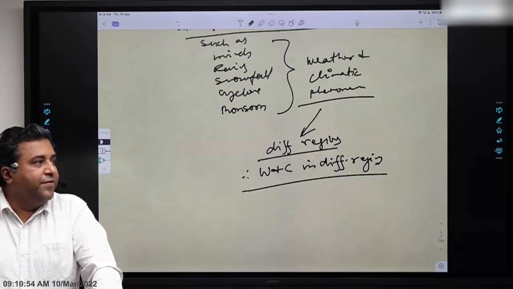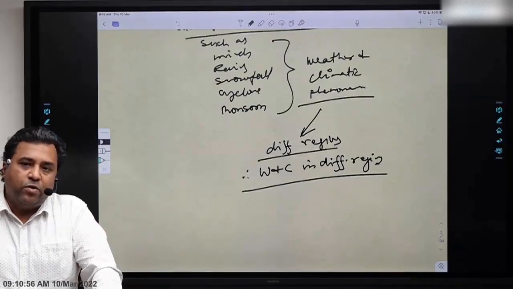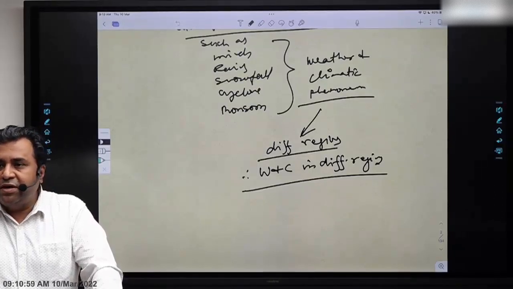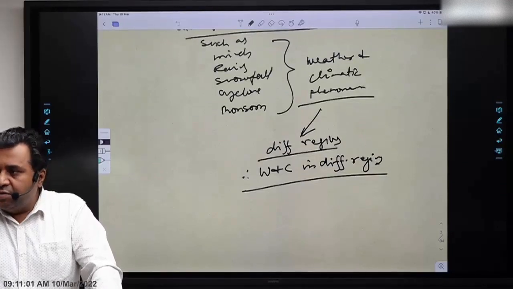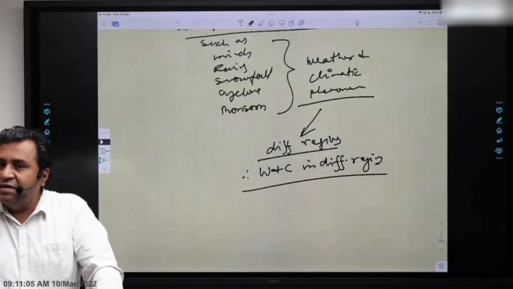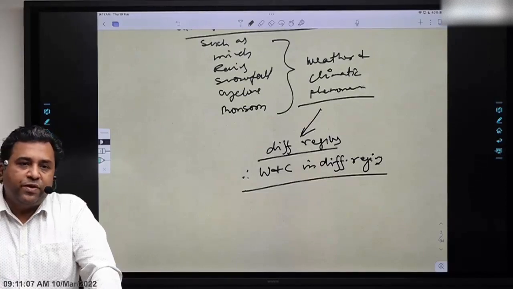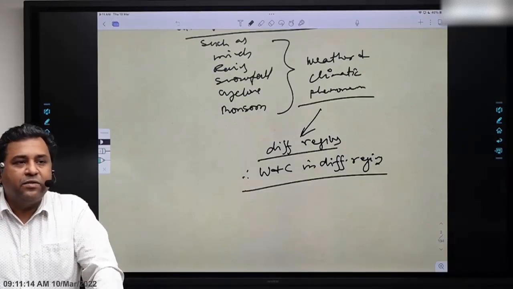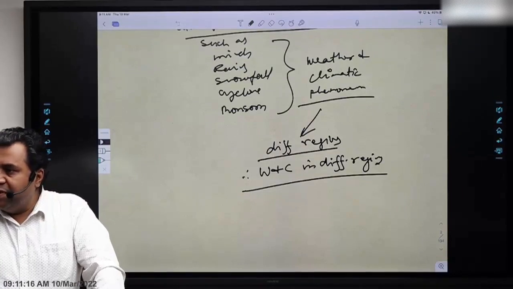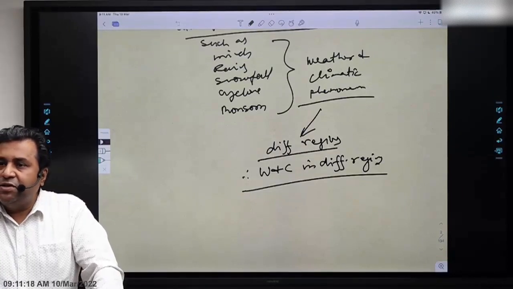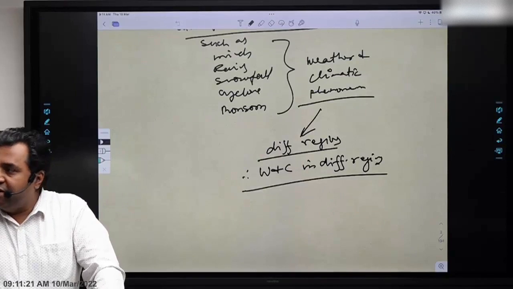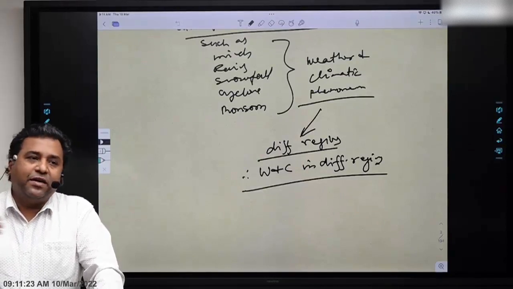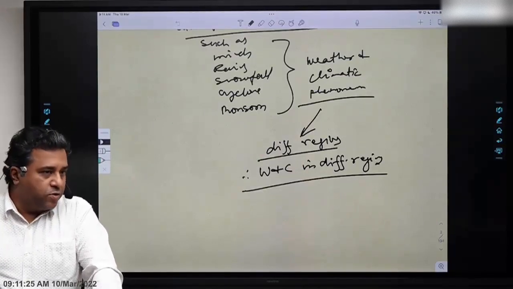Then horizontally we understood that the heat in tropical regions is received more and released less, and in polar subpolar region it is received less and released more, which means one region is spending more, the other region is collecting more. Okay? And hence there must be some heat transfer happening from the surplus collection region to the surplus expenditure or release region. So that heat transfer takes place in the atmosphere also.